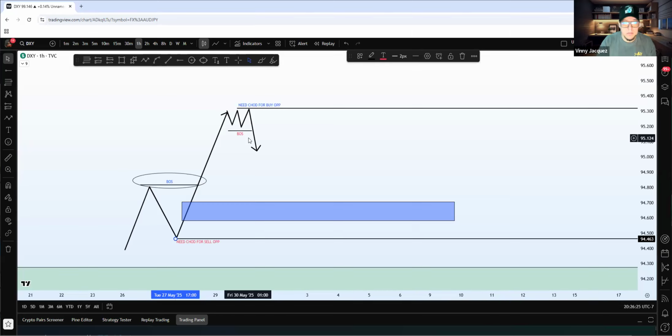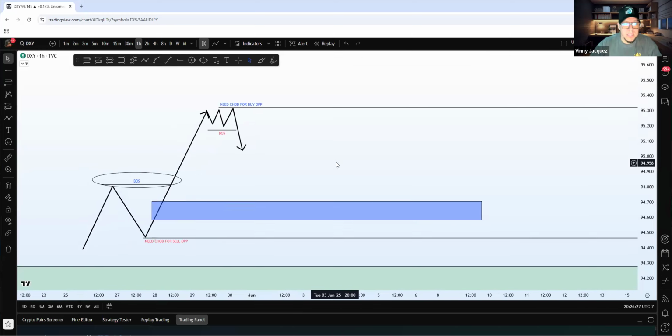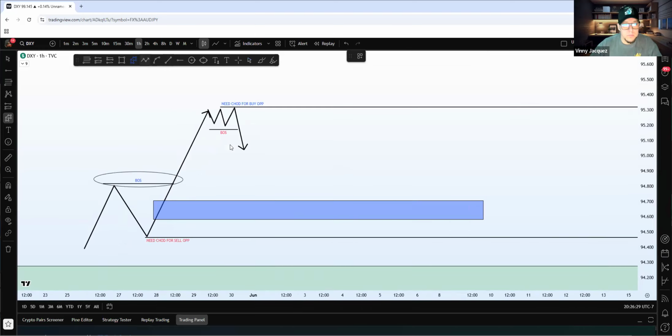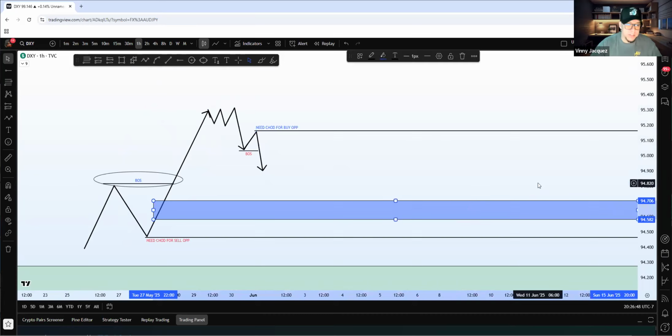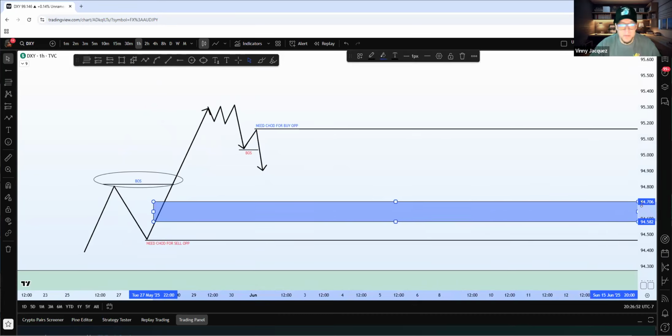Does that make sense? So as the market continues to break structure, I want to continue to adjust my break of structure line. Give me a 5 if this is making sense so far. But this is the thing. This is where it goes next level, and this is where we start adding more confirmations to our checklist. Very simple checklist, very simple confirmations, right?